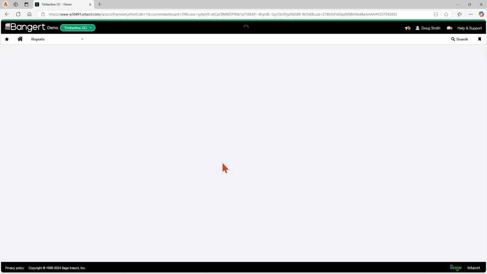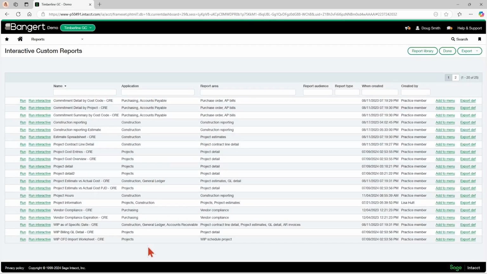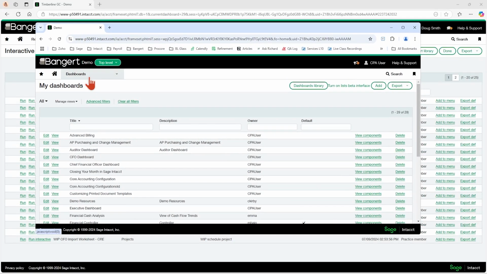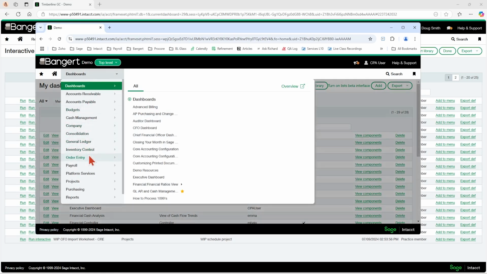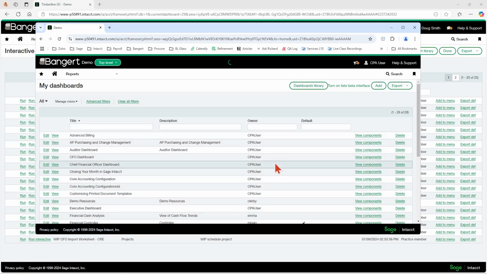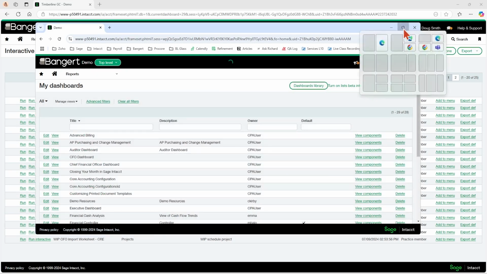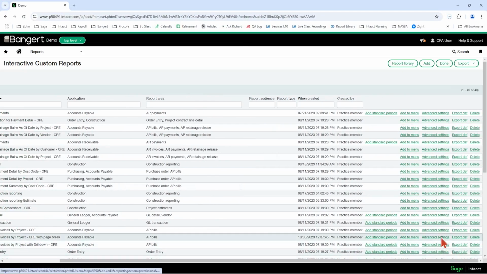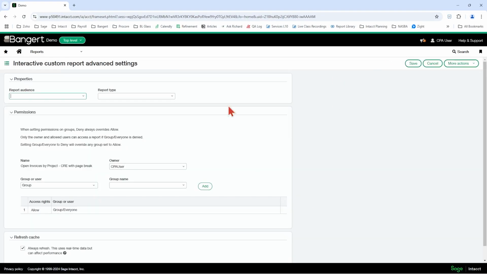So if I go to my ICRW list of reports here, and I'm going to show this in the administrator role, I can actually secure those down one by one. So if I go to my reports, ICRW, and go over here to the advanced settings, me as an administrator, I can secure this down right here, just like I showed for financial reports.